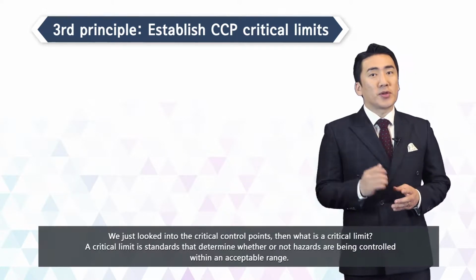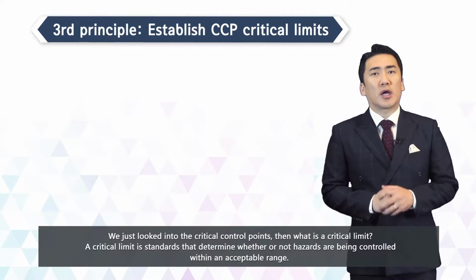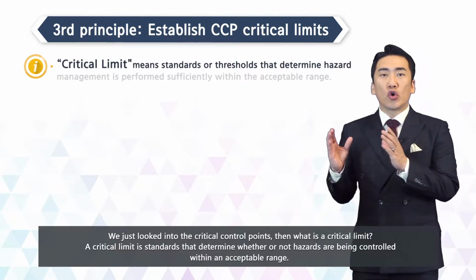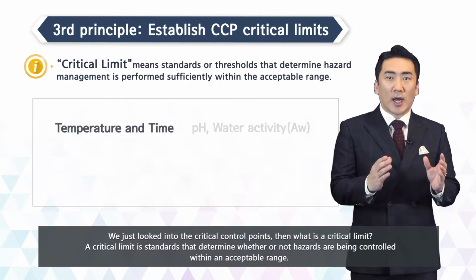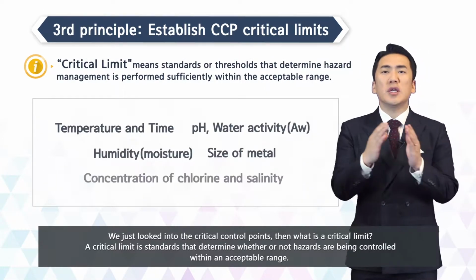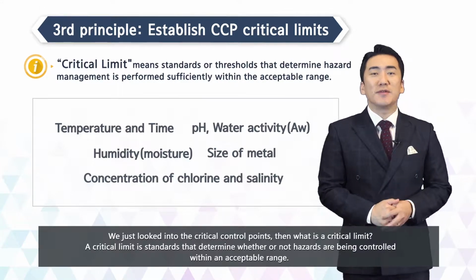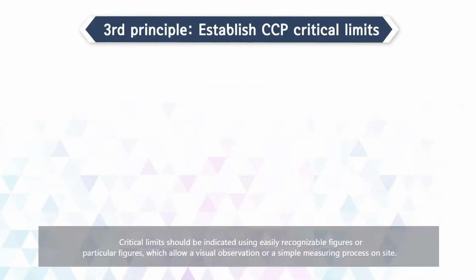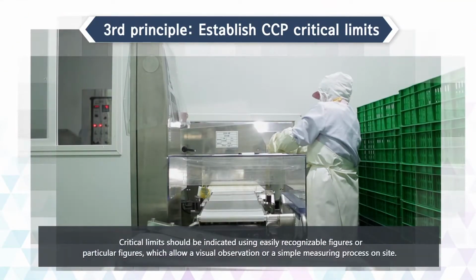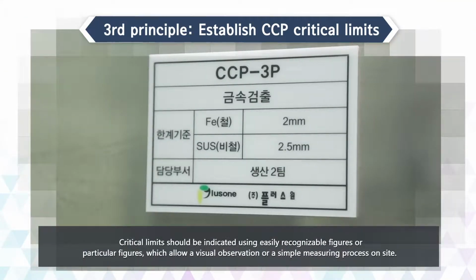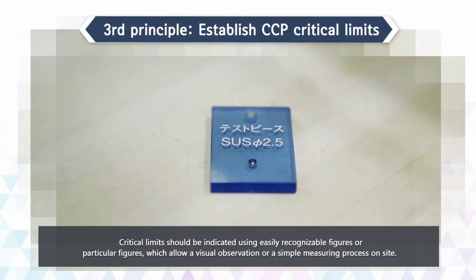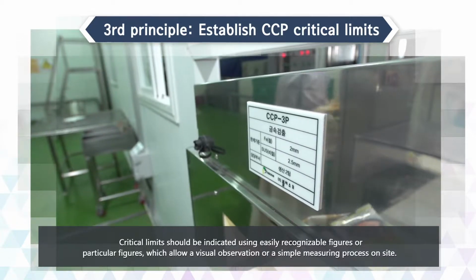We just looked into the critical control points, then what is a critical limit? A critical limit is standards that determine whether or not hazards are being controlled within an acceptable range. Critical limits should be indicated using easily recognizable figures or particular figures, which allow a visual observation or a simple